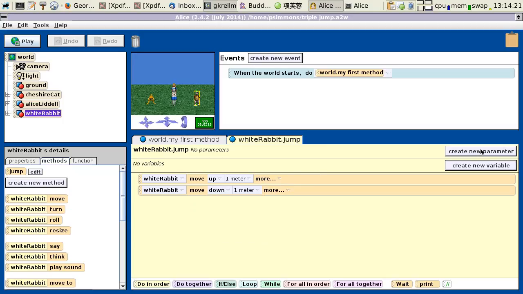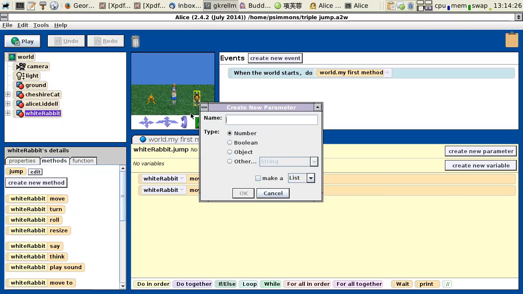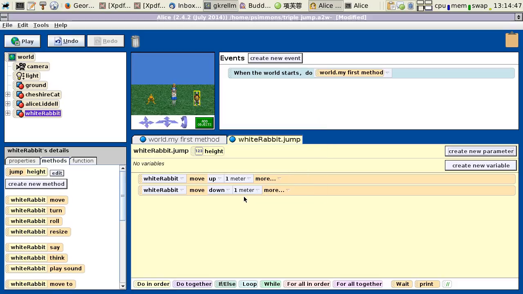Then to create a parameter, this is fairly intuitive. You click the create new parameter button, and the type of the parameter is going to be a number, because this is how high to jump. The parameter we're going to put for the jump method is how high the object should jump. So let's call the parameter height, because that's what it represents. Now we've got our height parameter,